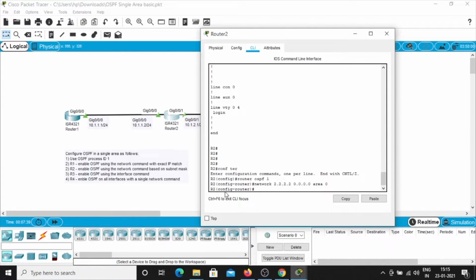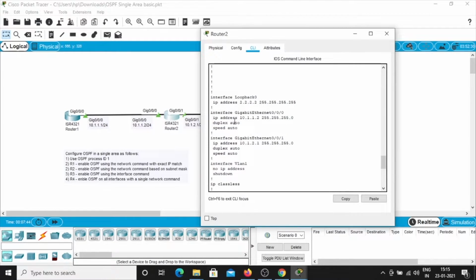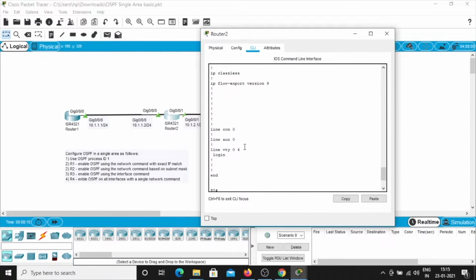For the next one, it is the 10.1.1.0 network ID and we will use the wildcard mask. So we are going to type network 10.1.1.0 0.0.0.255 area 0, and similarly